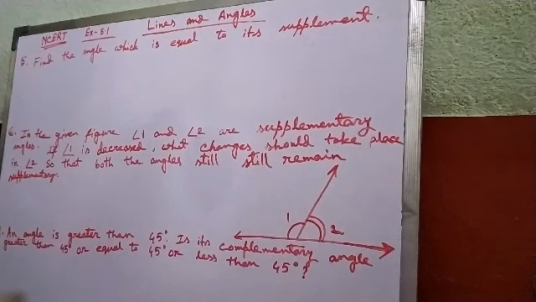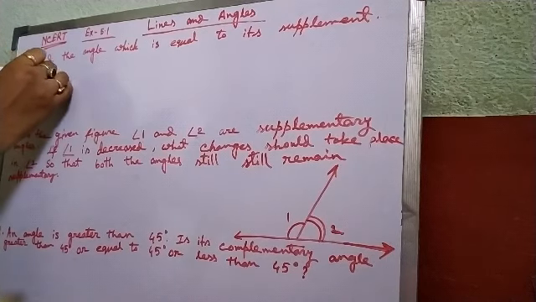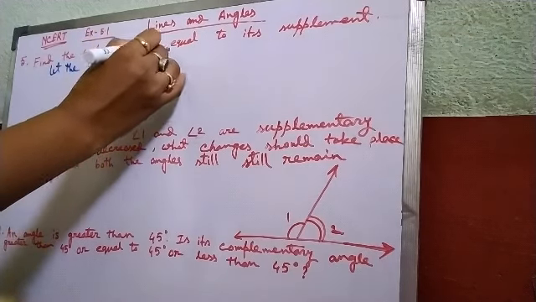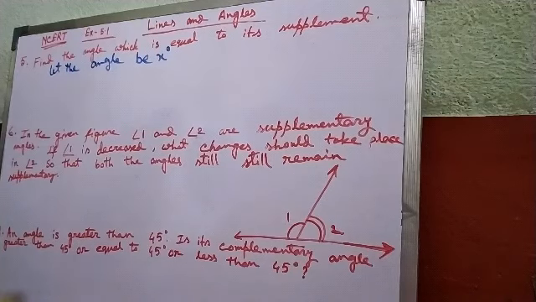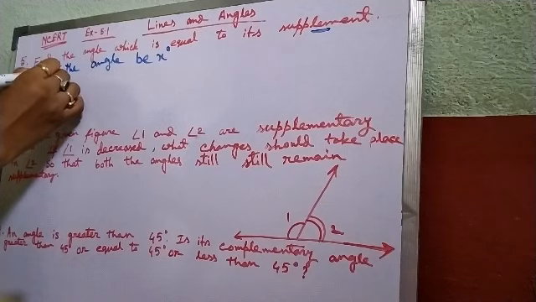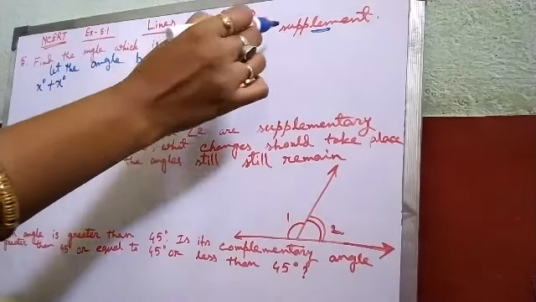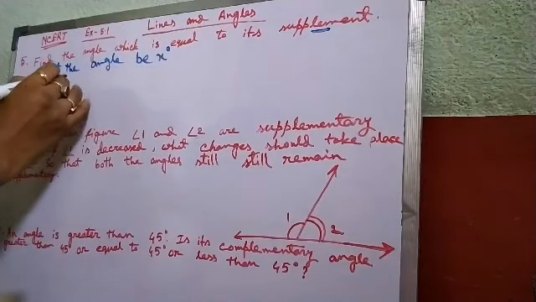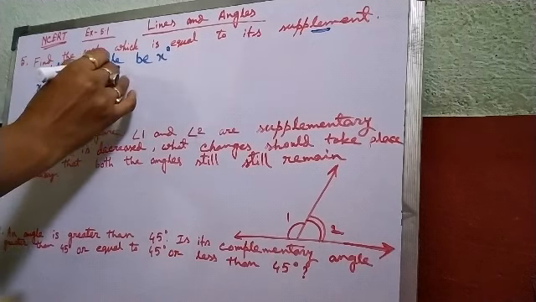Let's discuss number 5. Find the angle which is equal to its supplement. Let the angle be x degrees. Then supplementary angles means the sum of two angles is 180 degrees. So x degrees plus x degrees, because the angle is equal to its supplement, both the angles will be x. That is what I have taken here. That sum will be 180 degrees because